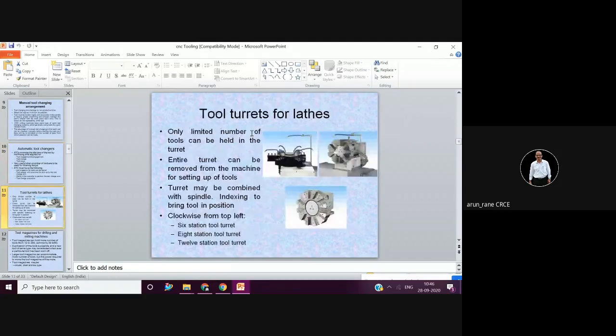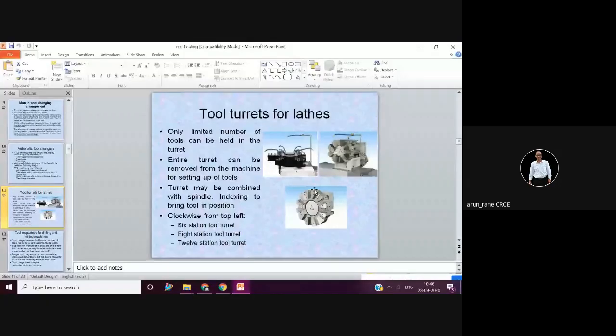These are some turrets for the lathes, and we have an octagonal turret in our college. It can be either horizontal like the normal turret, or it can be mounted vertically. And remember, a 6 station or 8 station or 12 station tool turret means you can mount 12 tools.